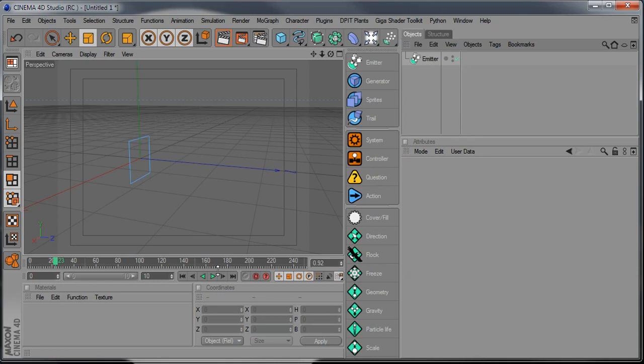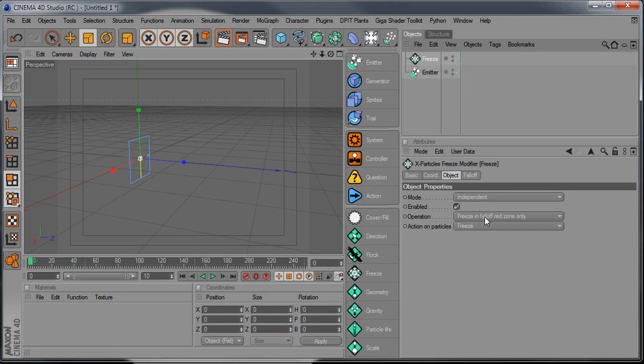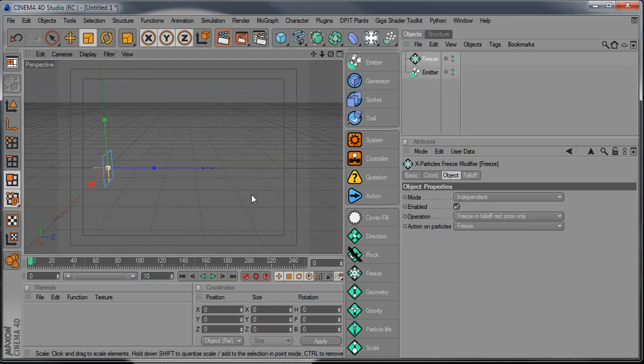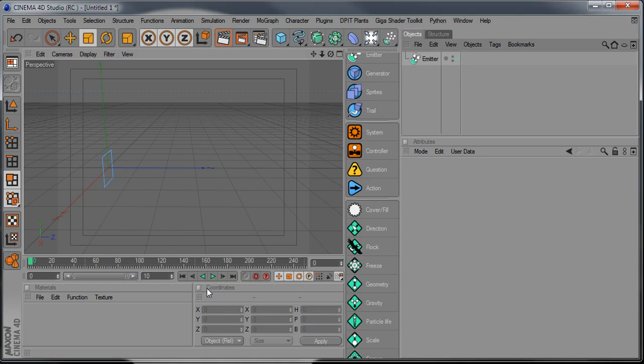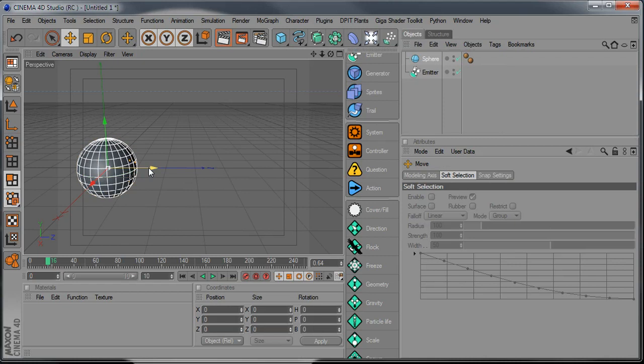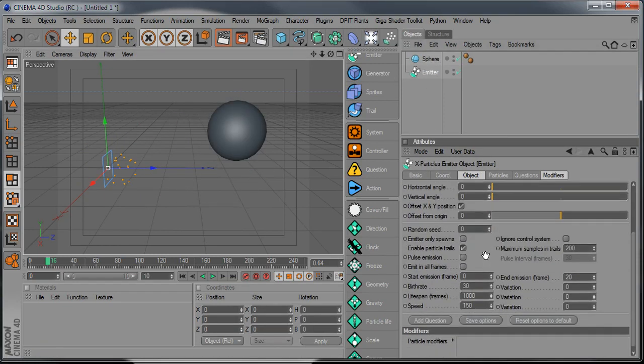We have a freeze modifier, and that's just going to freeze these particles at a specified time or within a falloff, and again you drive that with your actions. All of these can be driven via time via the action and controller. Another one we have is cover fill. So say I want my particles to cover the surface of this, and again let's turn this back on